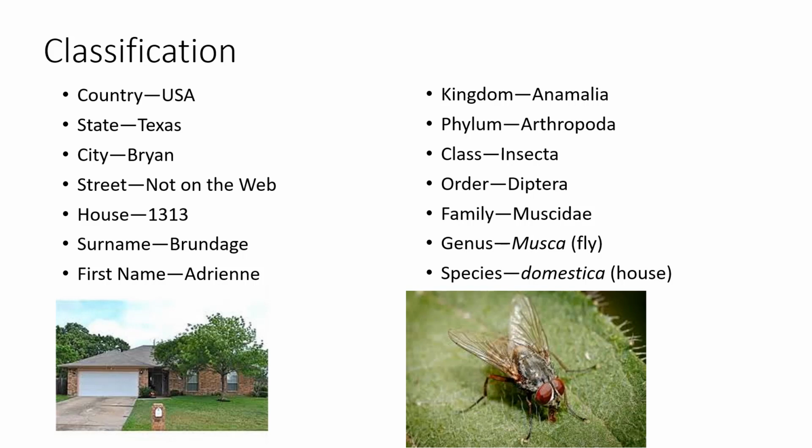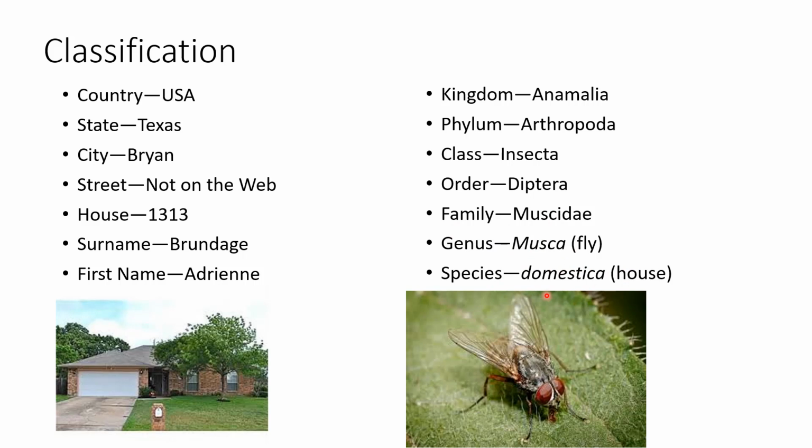So we get to this genus and species. Now, you'll notice the way that I wrote the genus and species here. We have some special nomenclature for when we communicate about organisms that we classify in this way. Whenever you write the genus and the species, you have to italicize the names.